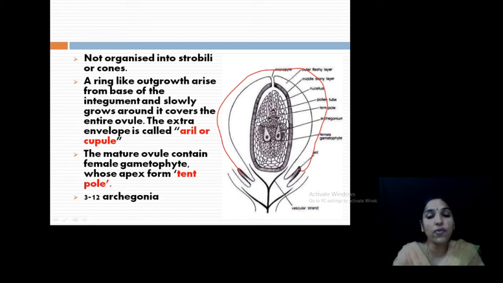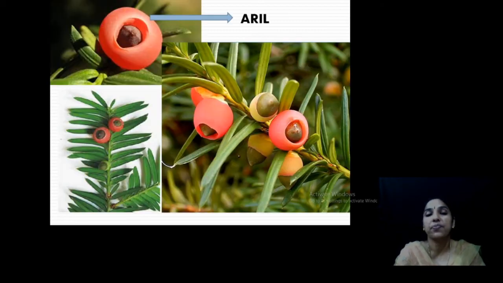So the mature ovule contains the female gametophyte, and the apex forms the pollen chamber. This is the female gametophyte. You can see the pollen chamber here. Three to 12 archegonia are also present. This is a structure, you see what this is? This outer cover is the aril, and this is the central ovule. Very beautiful structure. At the young stage it is one color, and when mature it becomes